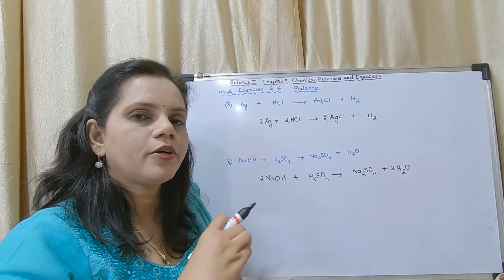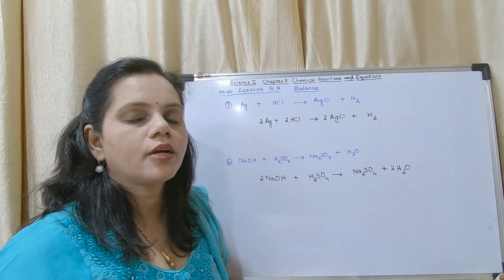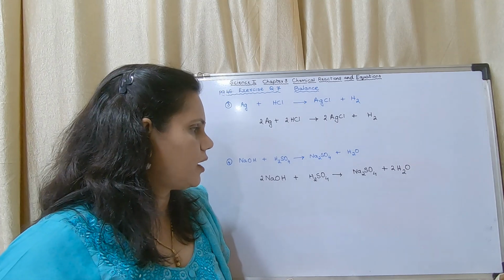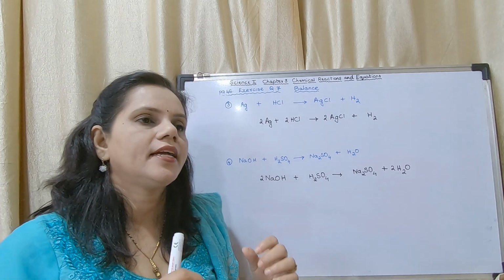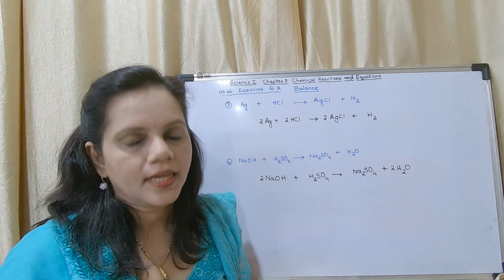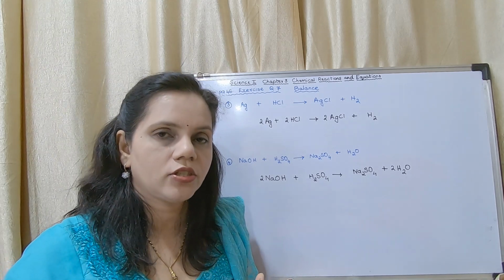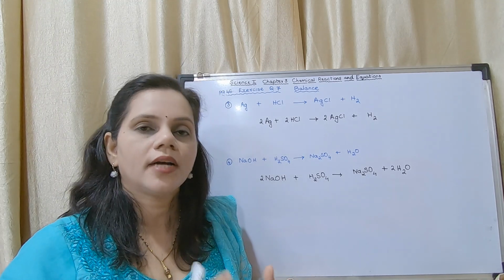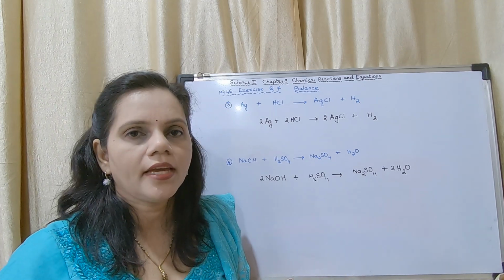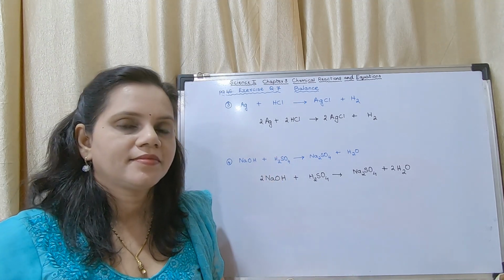So like that, by putting the numbers, and if you are not getting the numbers, just check whether the equation you have written is correct or wrong. Like that you have to find it out. If you are getting a number 2 and 3, you have to convert it into 4 or 6. You may start with oxygen. If oxygen is balanced, you may go for hydrogen. If there is no oxygen, no hydrogen in the equation, go for any other metal. Okay, so this is the trick for balancing equations. So you may write this answer.